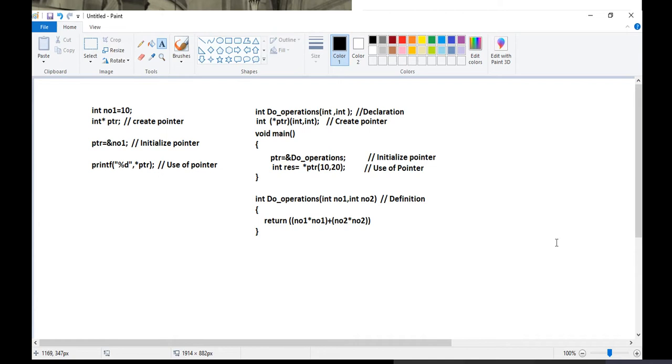We are in C sharp and we are learning this, but still, where is this concept originating from? This concept is originating from C. The function pointer concept is present in C, and the same concept is copy pasted by both Java and C sharp. So right now we are in C sharp, so let's have a discussion with C sharp.